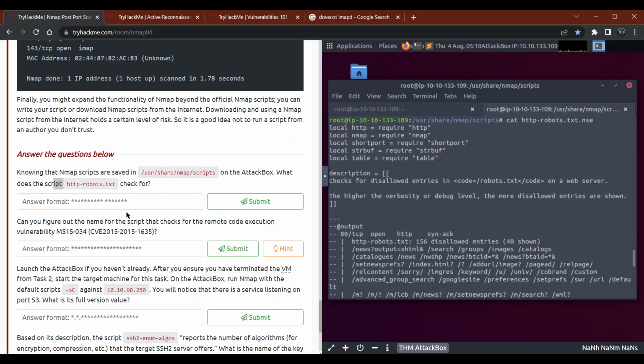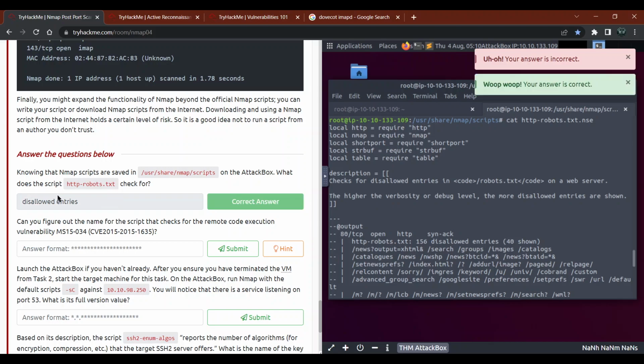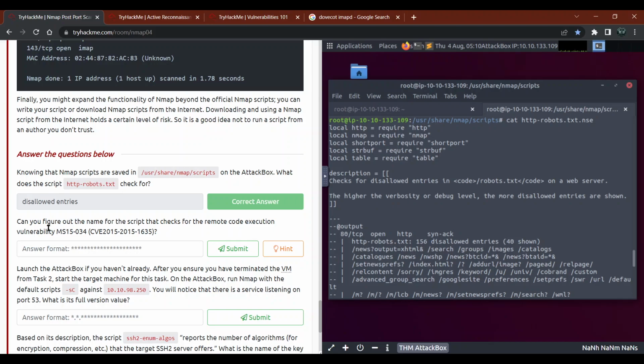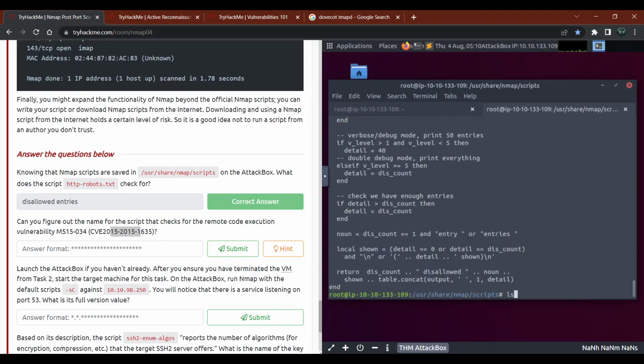Disallowed entries. So let's type that. Disallowed entries. Sorry, I made the spelling wrong. Can you figure out the name of the script that checks for the remote code execution vulnerability? That is the CVE. So let's see if you can find any